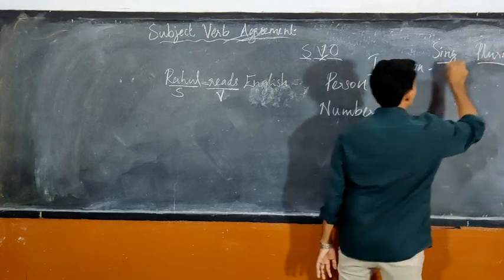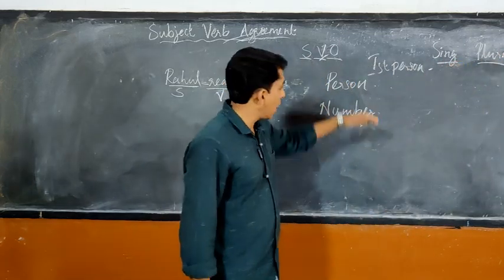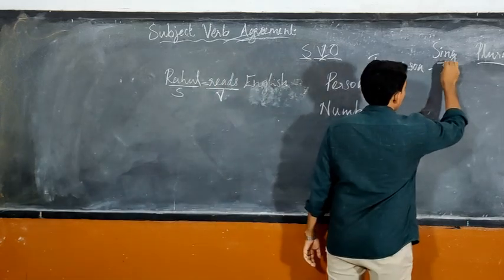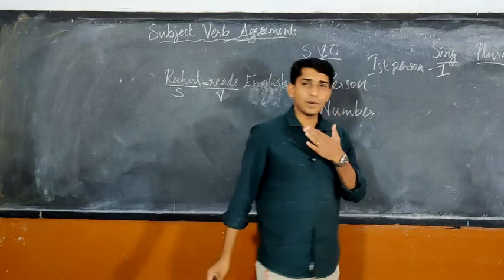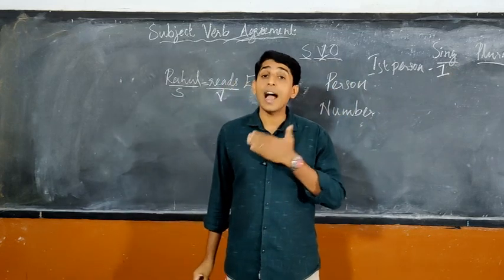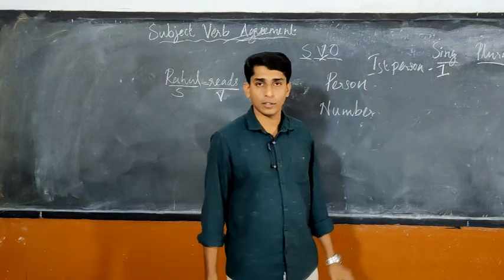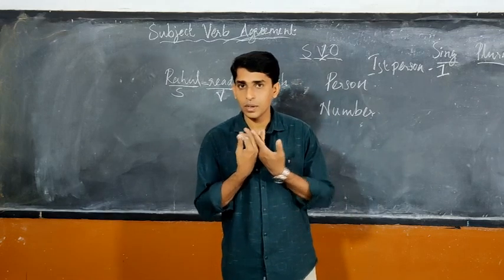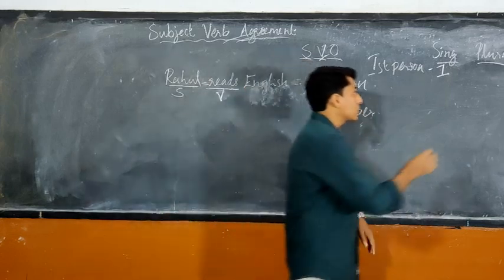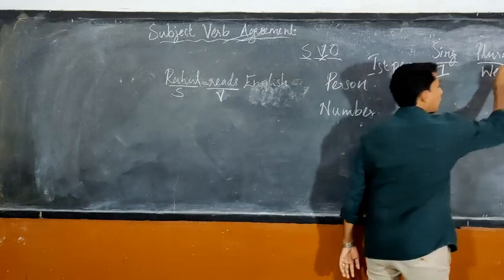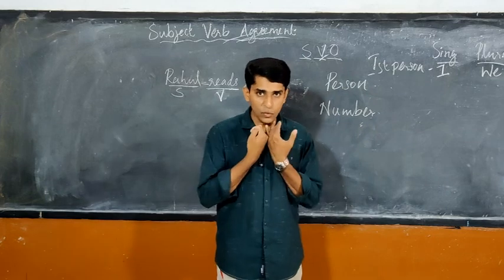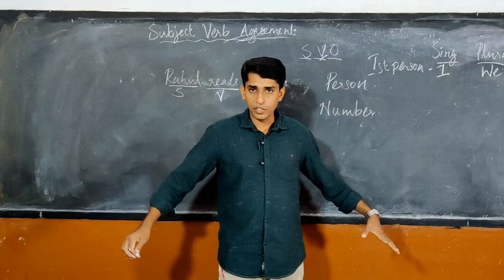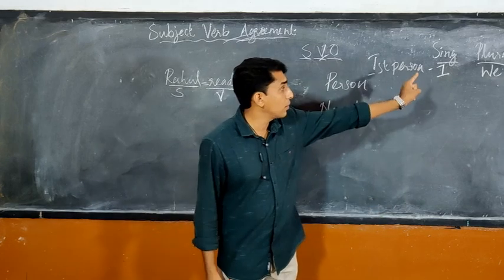Keep in mind, dear children, we are speaking about the subject. After seeing this only, we can go to the agreement. Okay. What is first person? First person is always the person who is doing an activity. That is I myself. I am first person singular. I am alone, so I use the word I. If it is a group, then we will use the plural form we. If there are some other people with me, then we will use the plural form we.